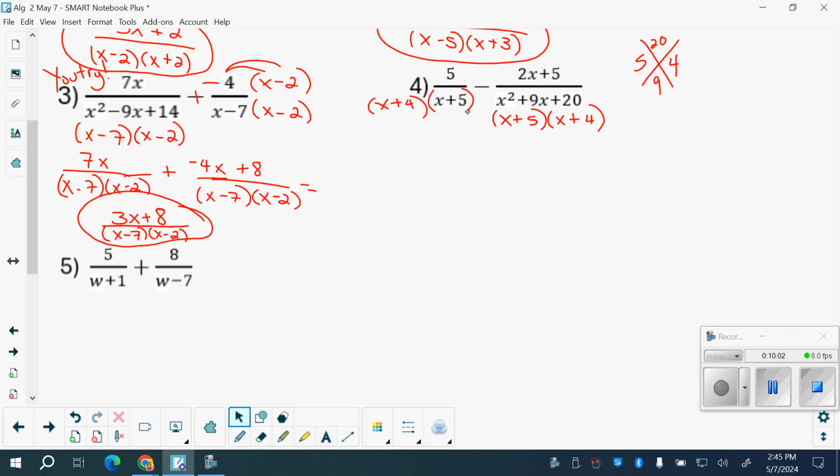Quiet, please. At the same time, what are we going to do to the top? Yeah, also multiply by x plus 4. So it's like multiplying by 1 there. So when we multiply 5 by x plus 4,